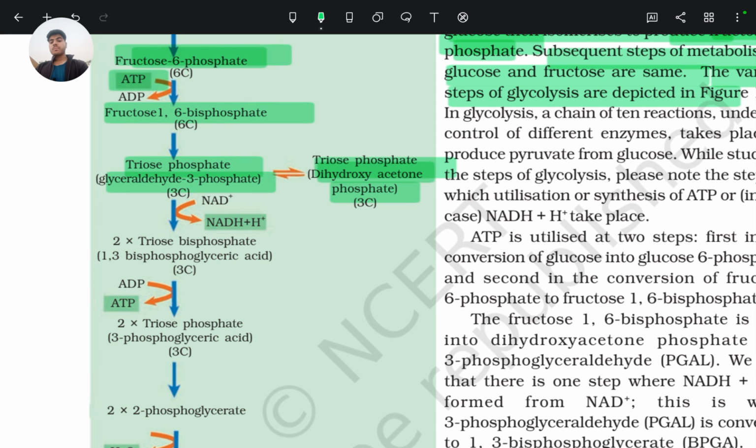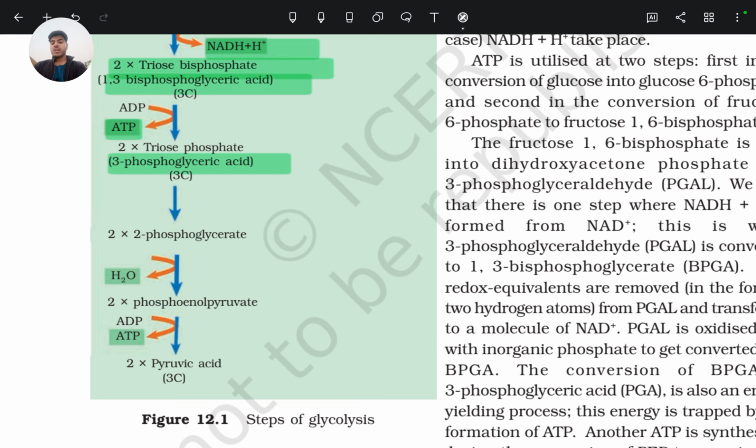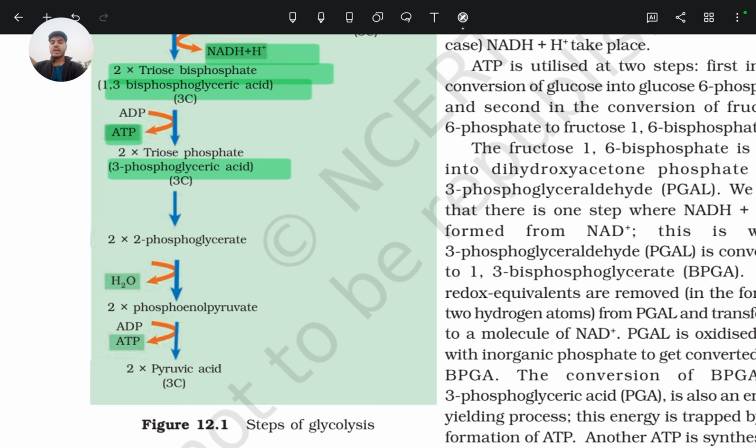At the sixth step, 2 NAD plus are converted into 2 NADH and 2H plus, and two molecules of 1,3-bisphosphoglyceric acid or BPGA form. Then at the seventh step, 2 ATP form from two molecules and form 3-phosphoglyceric acid, and then 2 phosphoglycerate, then 2 phosphoenolpyruvate, then 2 molecules of pyruvic acid form